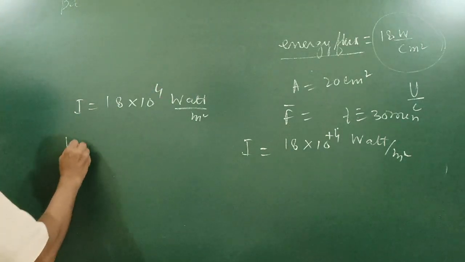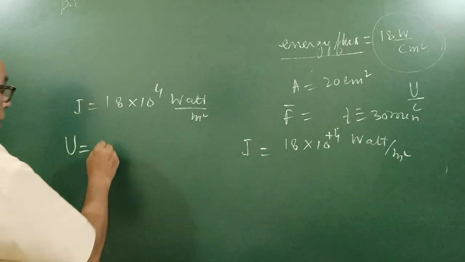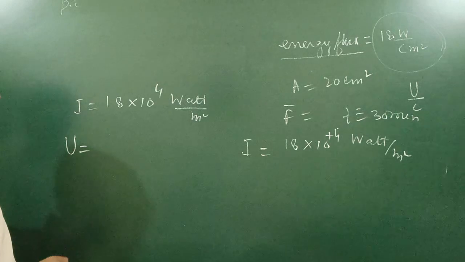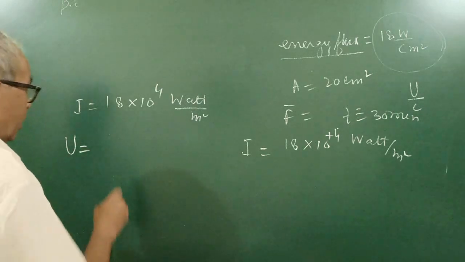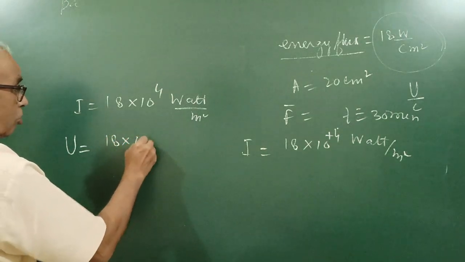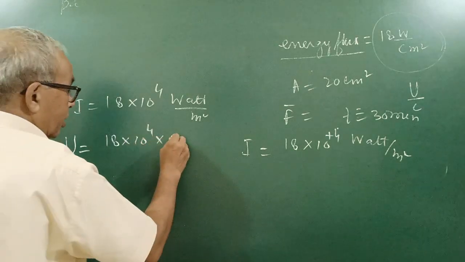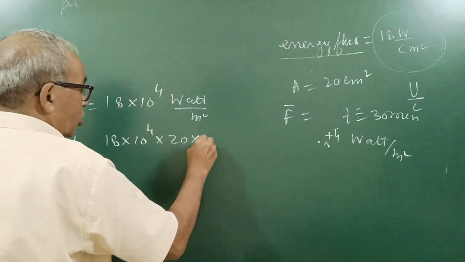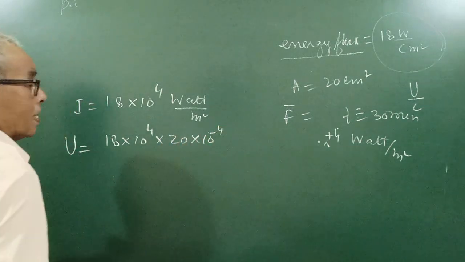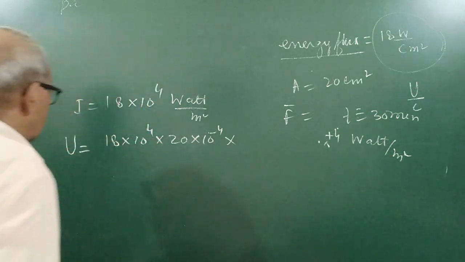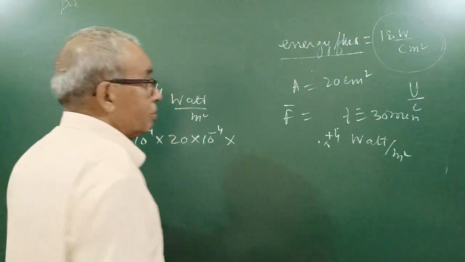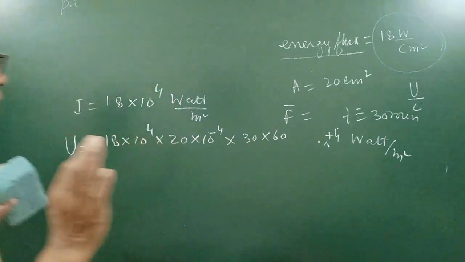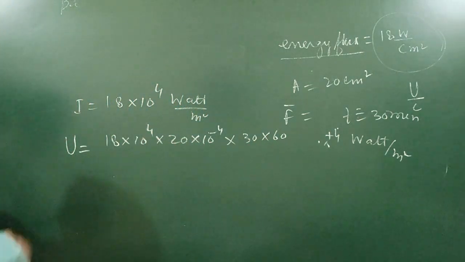So total energy falling क्या होगी भाई? Intensity into area: 18 into 10 to the power 4, और एरिया था 20 centimeter square, 20 into 10 to the power minus 4 meter square हो जाएगा. In 1 minute, time है 30 minutes, 30 into 60. If you want to calculate this much is the energy,